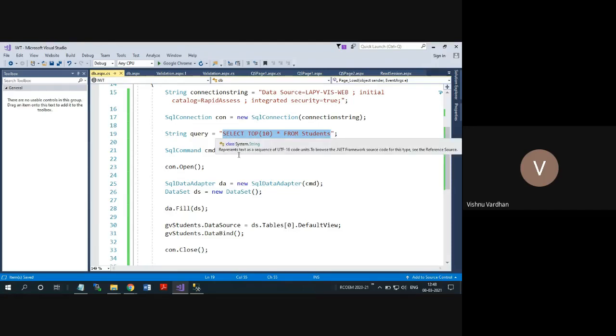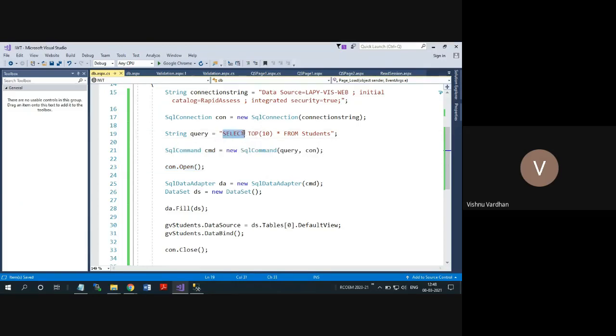Only for the select command do we require the SQL data adapter and data set. For all the update and delete commands, we do not require them. Simply fire the command and call command.ExecuteNonQuery, and that will serve the purpose of updating the information.